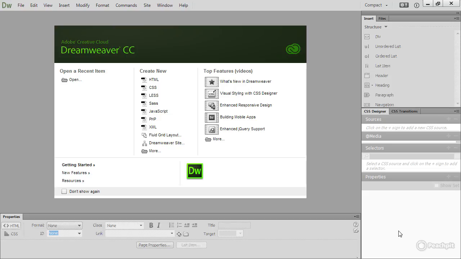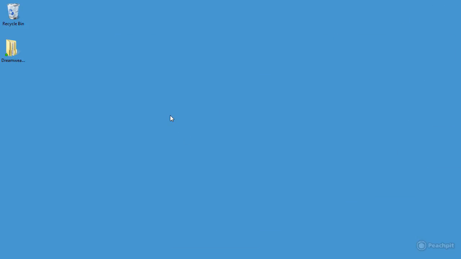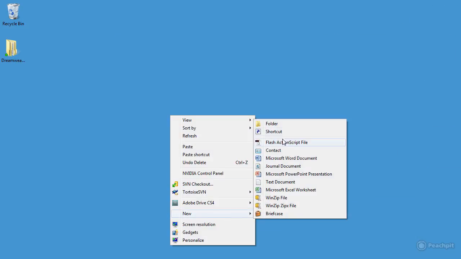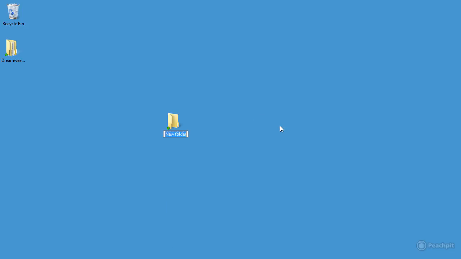All that's needed is a folder to store the site files, and where you create that folder is unimportant, but it's a good idea to keep all your sites in one place. For the purposes of this course, I'm going to create a folder on my desktop. So let's just minimize Dreamweaver for a moment. And then I'm going to create a folder. And I'm going to call that folder dwcc_sites. And this is the folder that I'm going to be using for all of the sites that I create during